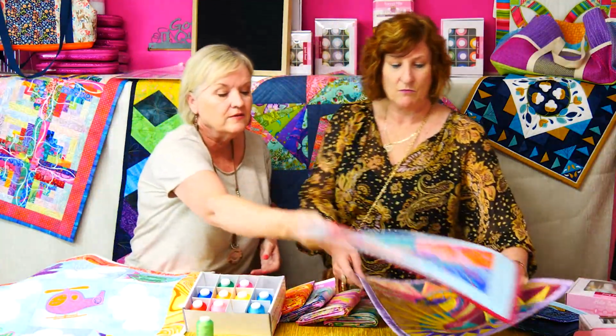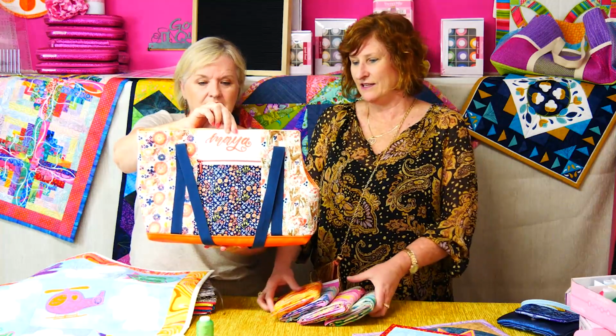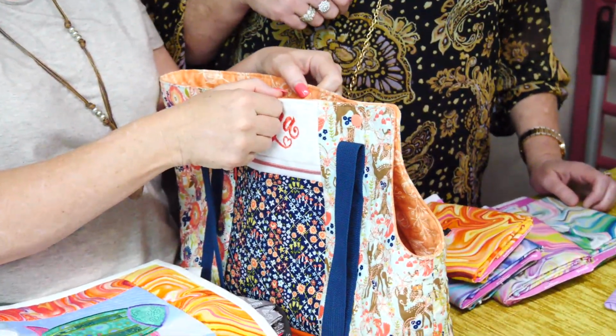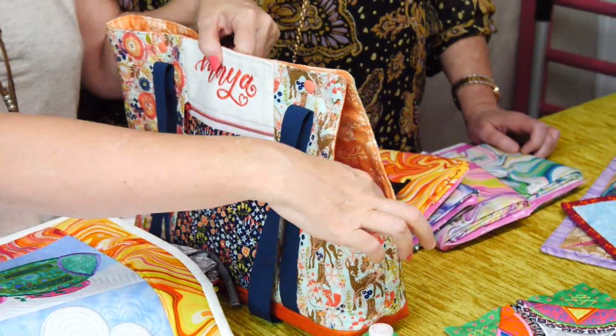So that's those, and then finally the sneak peek. You may have seen it up here. And it's gorgeous. It's a dog bag. And this is more than a sneak peek because we're actually showing the whole thing. That's right. Oh well. But it's been made to have the little...